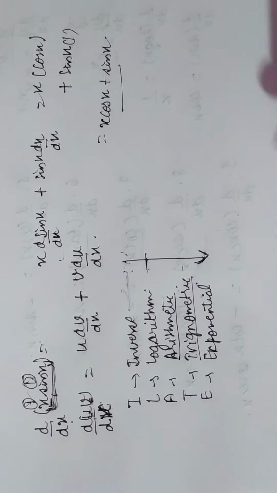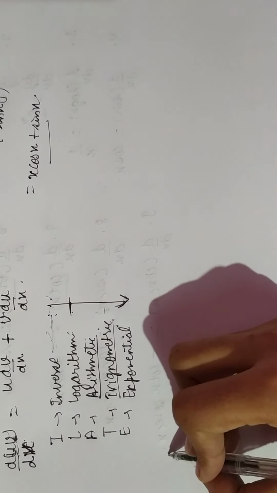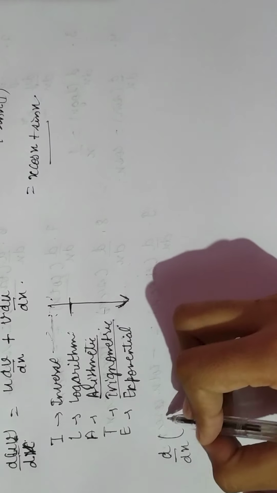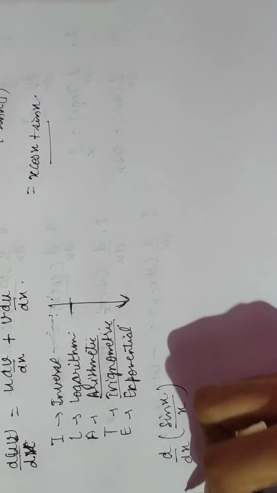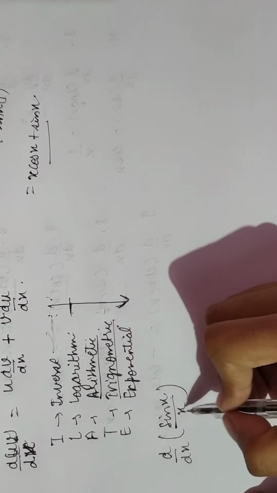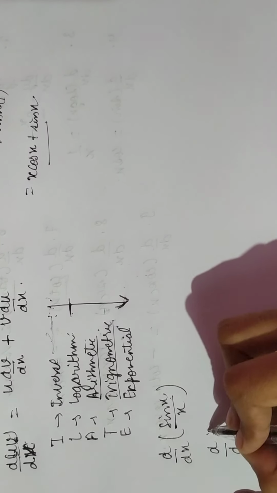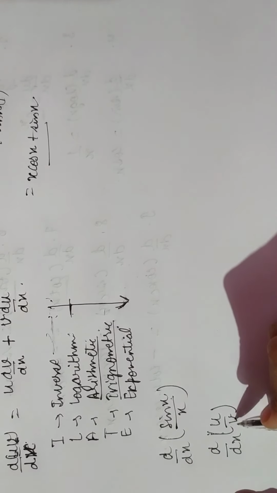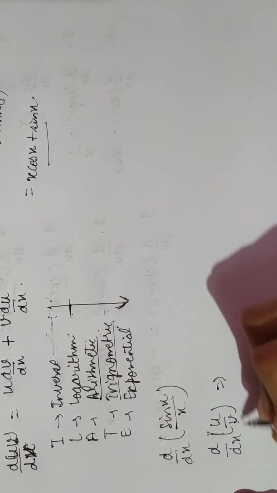Okay, now if we are given two functions in divided form, as let us assume the function given to us is sin x divided by x. We have to differentiate this function now. This is in the quotient form. Okay, so we have a rule for this type of function also, like this function is u divided by v. This function, we can say, is in this form.